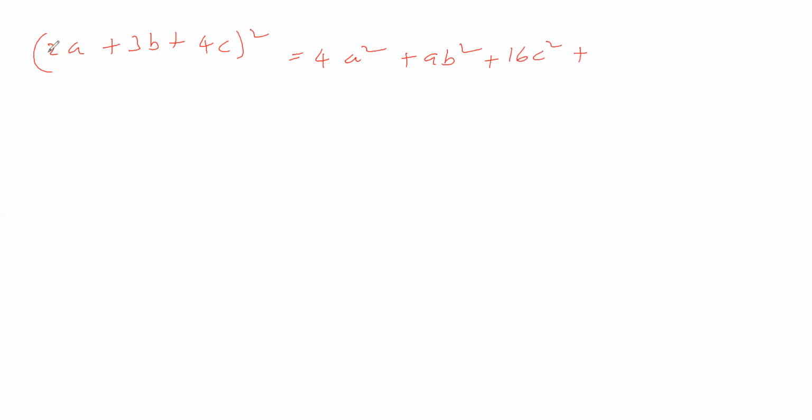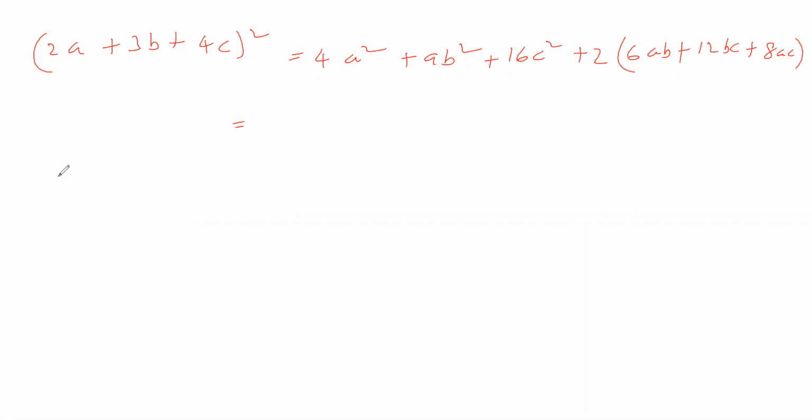Then this 2a into 3b you multiply, 6ab, that you multiply with 2. Therefore that 2 we will take outside. Just we will multiply these two, therefore 6ab we can write, plus these two we will multiply, 12bc we can say. Then we will multiply these two, we can say 8ac. Okay, we got like this. Then you multiply with 2. We will leave it. Otherwise we will multiply this with 2.